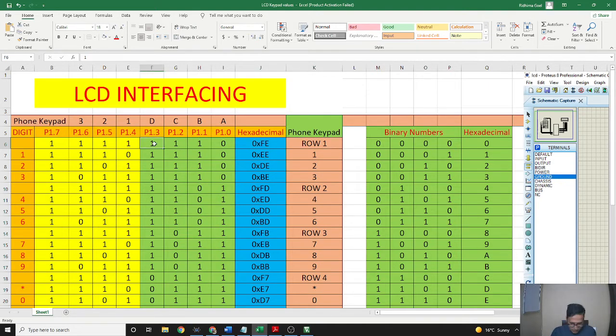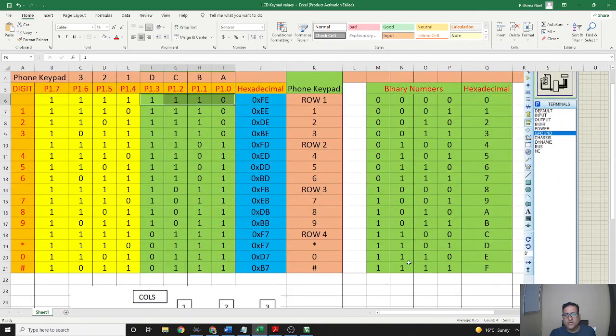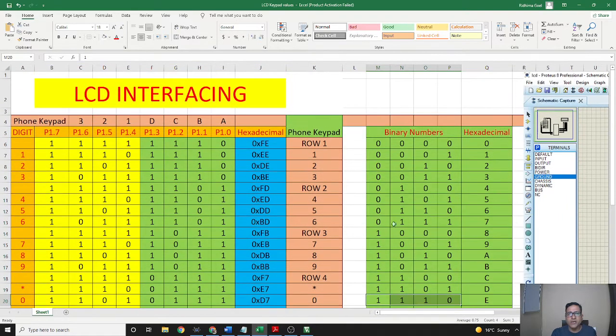So in this 4 bit, we can see 1110, which is E. 1110 is E, which is written here.